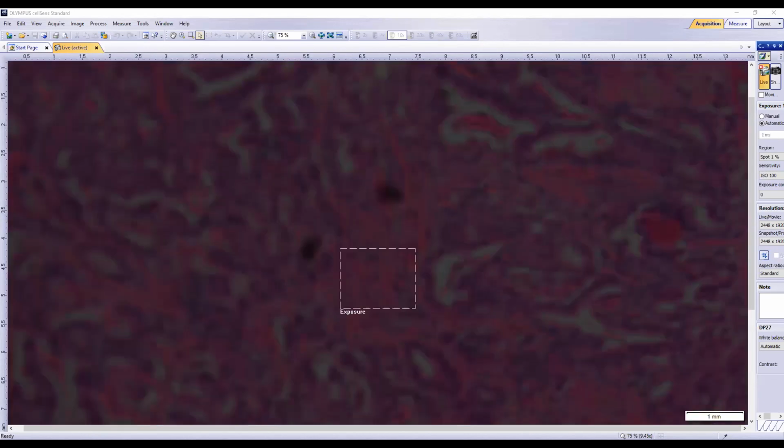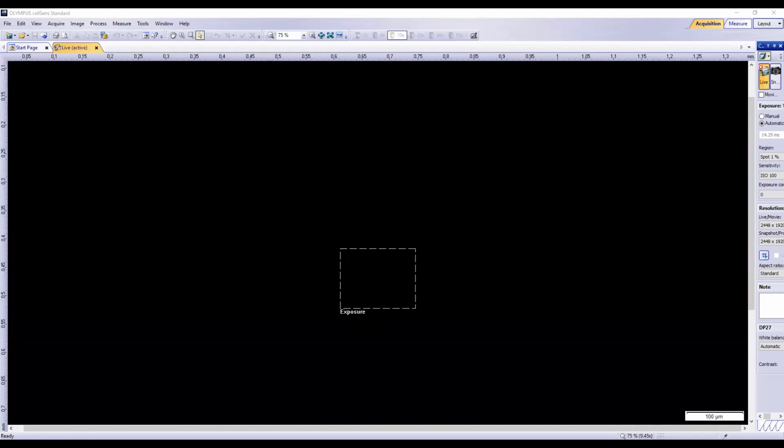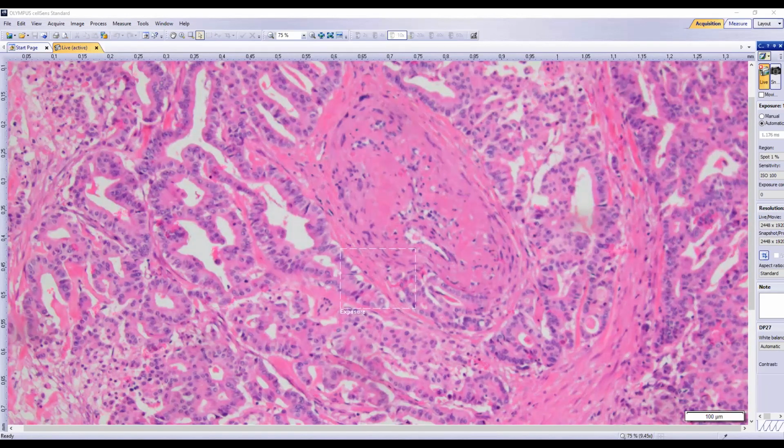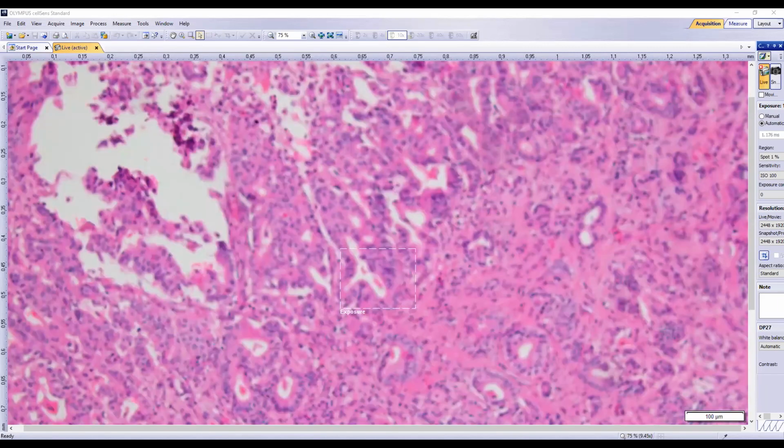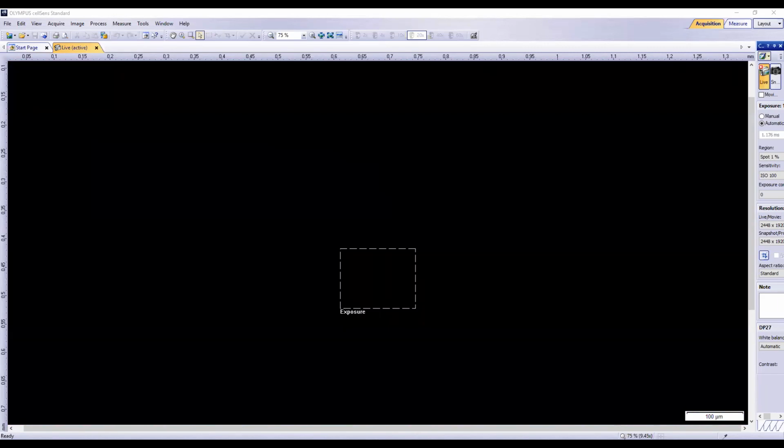So let's go look at the lesion per se. So it looks very glandular or trabeculated. And then when you pay attention to it,